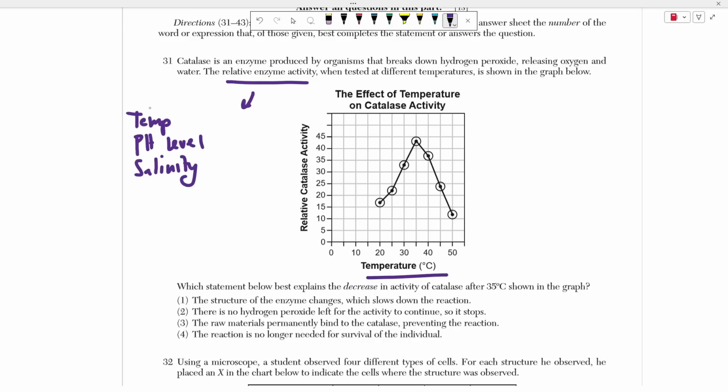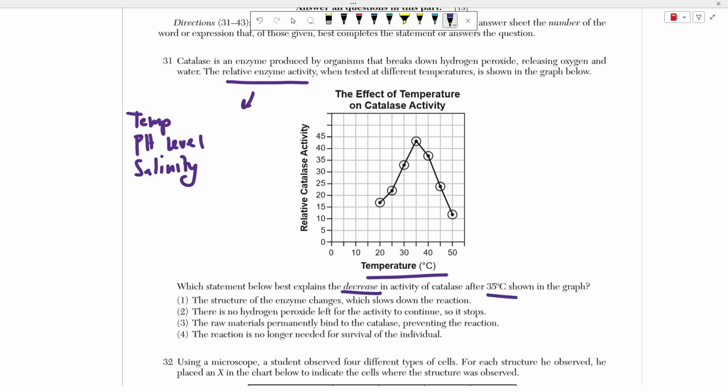And the deal with temperature is that most enzymes have an ideal temperature that they work at. There's some sort of temperature range where they're the most active. And in high temperatures, if the current temperature of the environment exceeds or goes above that optimal range, that good range for that enzyme, the enzyme will change shape. So this question asks which statement below best explains the decrease in activity of catalase after 35 degrees Celsius shown